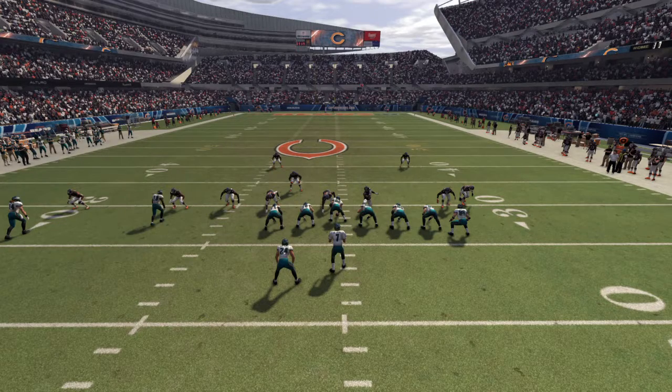when it comes to run blocking. So not including the center, who's the guy in the middle, I have a guard, a tackle, and 2 tight ends versus their linebacker. I don't know if that's 2 linebackers. That might be a stand-up defensive end. So we'll just say he's a defensive end in this situation. So against their linebacker, defensive end, and inside rusher,